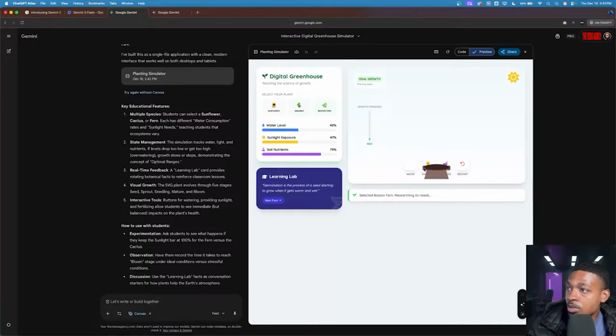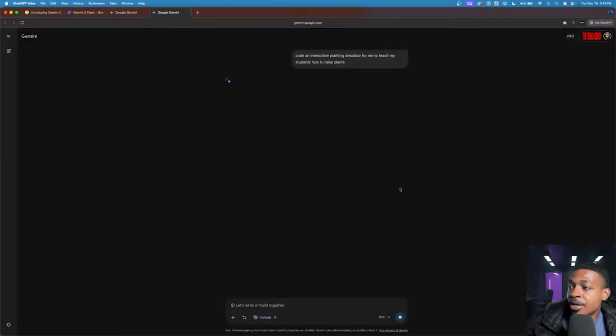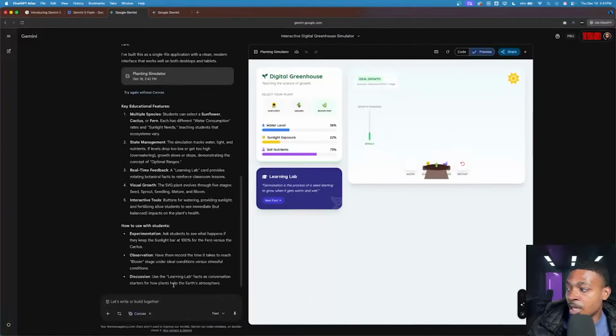Light, ideal growth. So it's not letting me select too much. We're going to put this in Pro now, and see if Pro actually gives us a much better result. But if we want to try something maybe easier, I think a